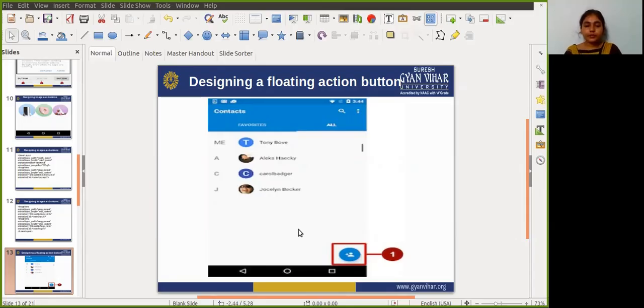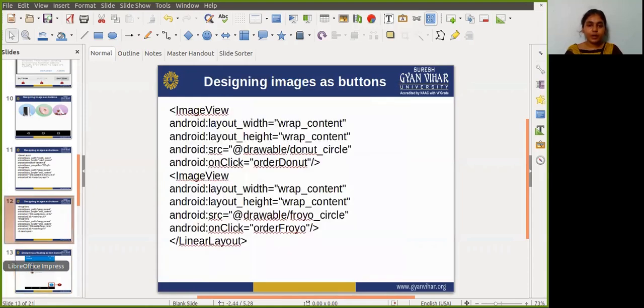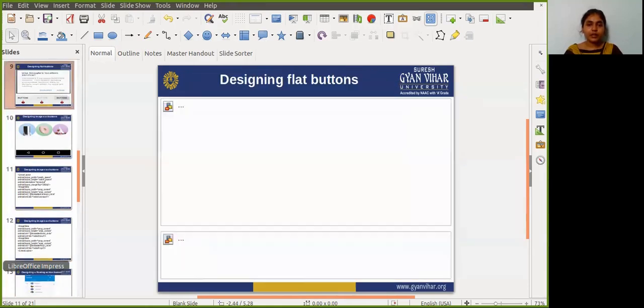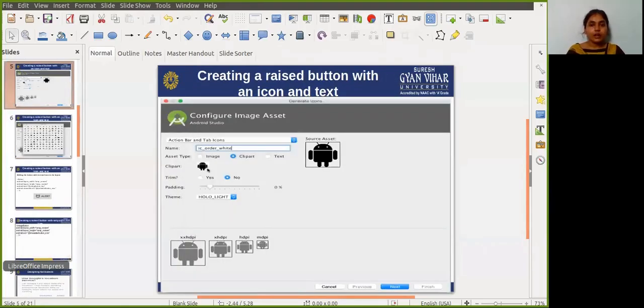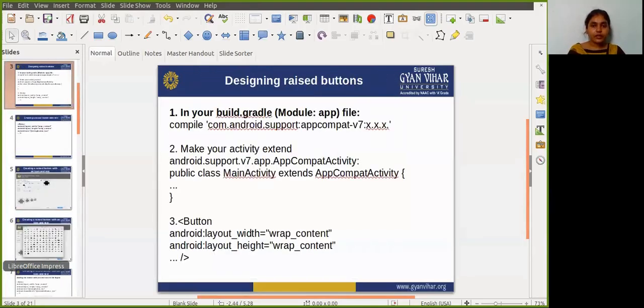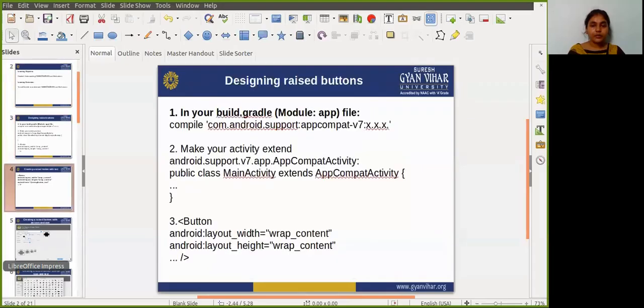These methods are associated with the callback methods. So today we properly understood the two types of button: the first one is the raised button, and the second one is the flat button.